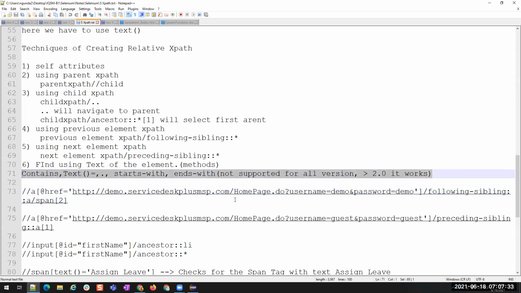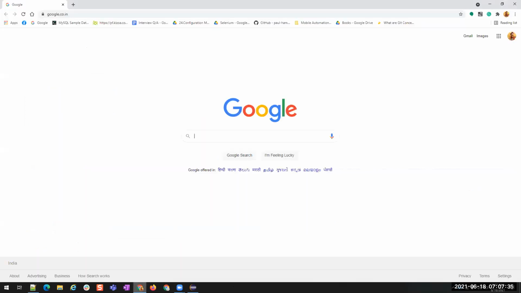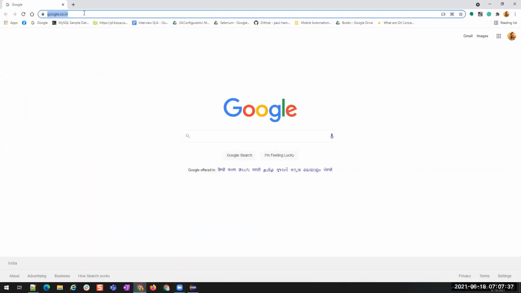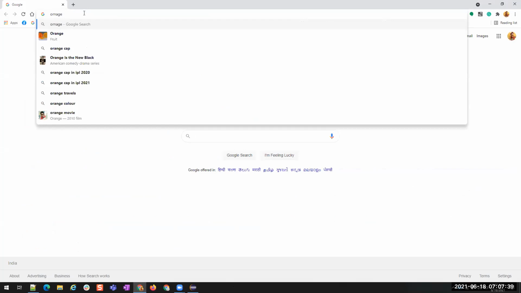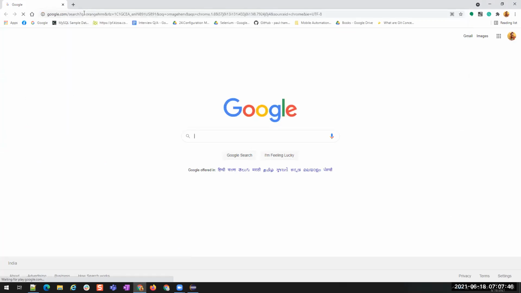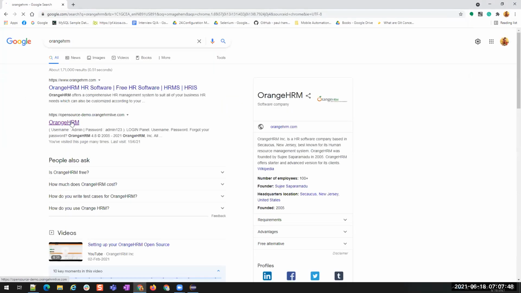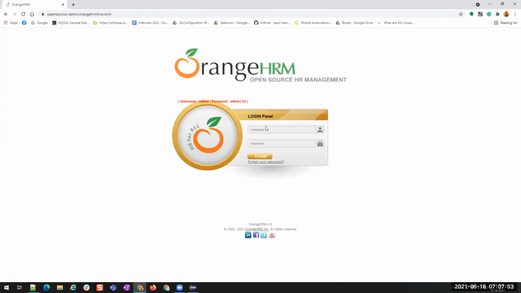Okay. Now let us see. HRM. I'm using this example. Anywhere I can use it, but I'm just doing this to make more sense.